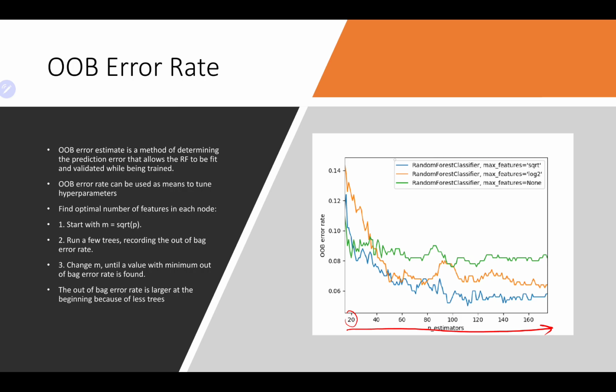As you can see at the beginning, the worst performer is the one with log 2. The best one is the one that looks at every feature, the green one. But then the green one doesn't change performance. I think this is quite interesting, because it keeps looking at every feature from the initial point until the end, so the number of trees doesn't have much effect when you do that. But when you sub-select the features, then log 2 and square root perform better, and in this case square root did a bit better than log 2 when you had more